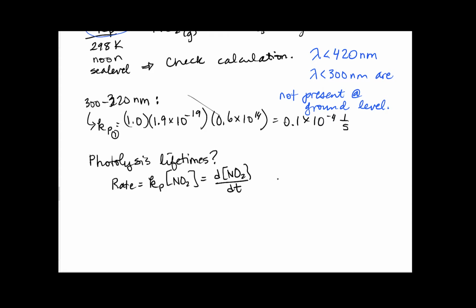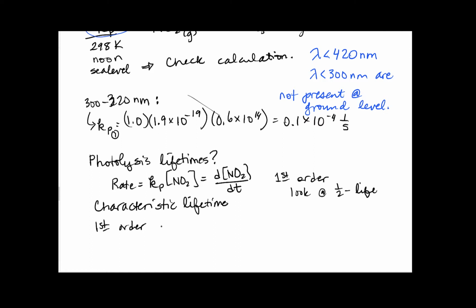I'm just going to remind you that when we have first order kinetics, the lifetime just depends on this K value. We can look into half-life as a reminder. And what we find is that the characteristic lifetime for a first order reaction is just 1 over K. So our characteristic lifetime is going to be 1 over